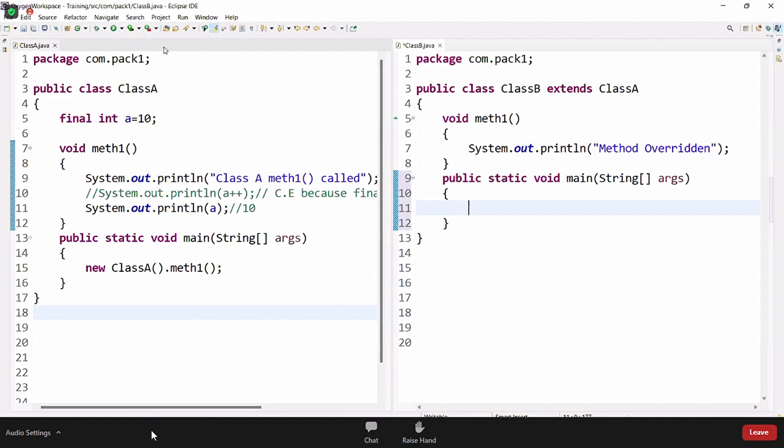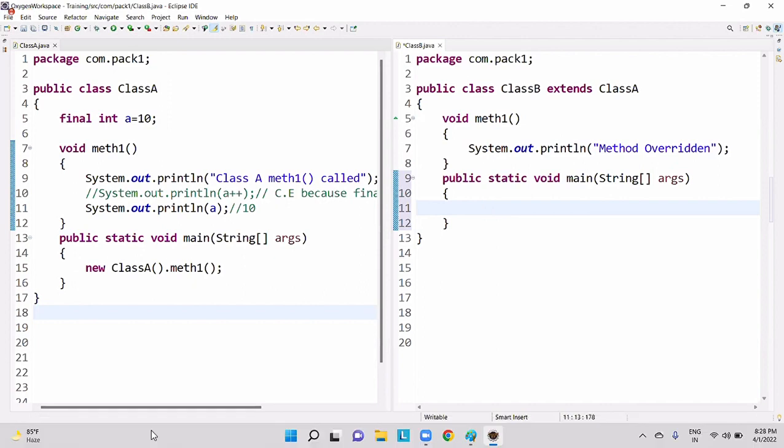Please hold a child class object with a parent class reference, class A, like this. Once again, please hold a child class object with a parent class reference.